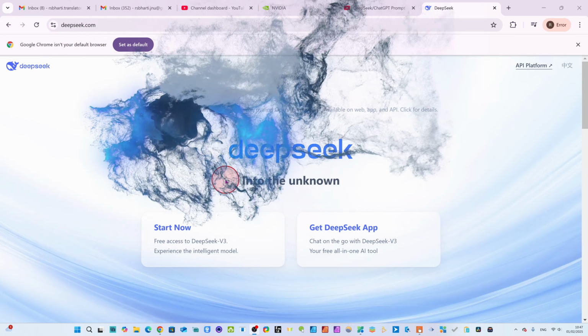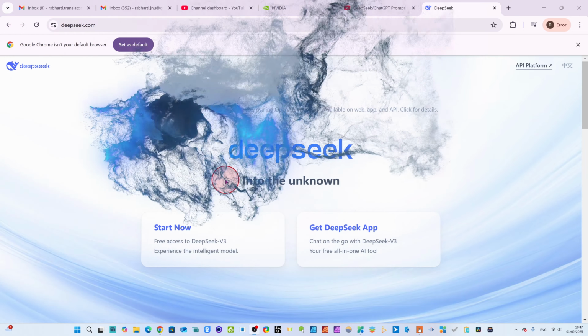In two or three days, millions of people have downloaded DeepSeek AI, dear friend. This is a totally free open source model, and it has been created for less than $6 billion, and less than 200 workers have been working on it, whereas for ChatGPT more than 4,000 workers, employees have been working, dear friend. This is a fantastic app. So let's go into DeepSeek and see how to use it.